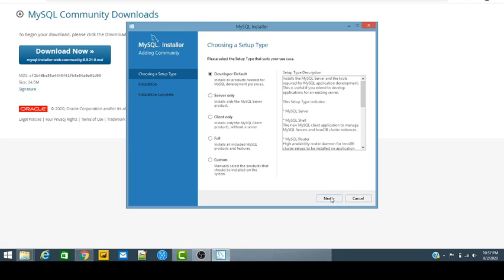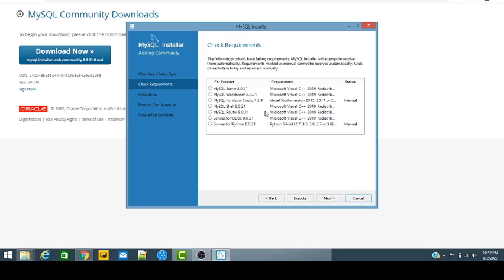So it is under process, we click on next, and the next page is loaded.